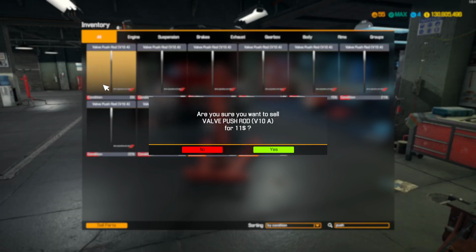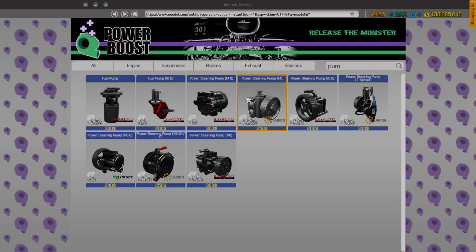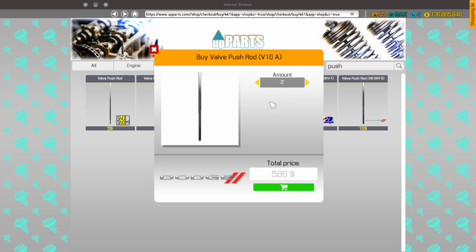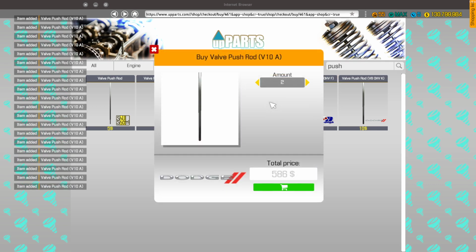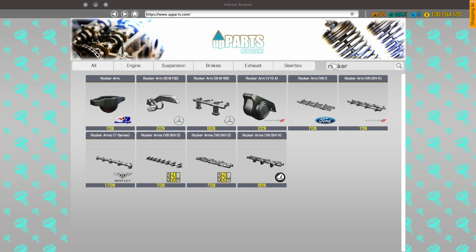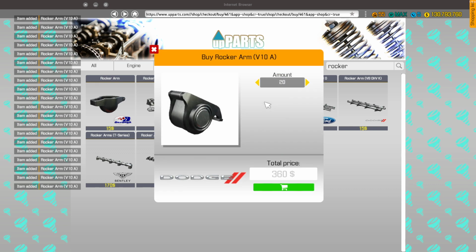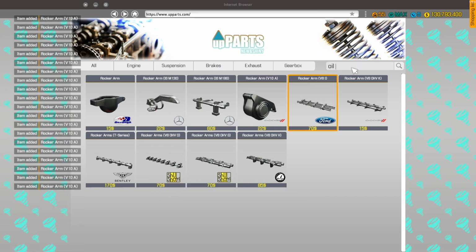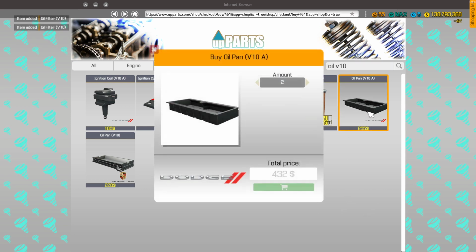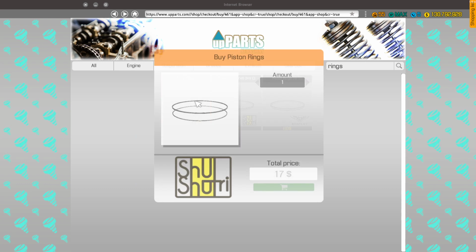Now V10A push rod, we're going to need 2 per cylinder is 20 per engine, so we're going to need 40 of them. Same thing with the rocker arms. For oil V10, we're going to need 2 of these, 2 of those. We're going to need piston rings, 20 of these,